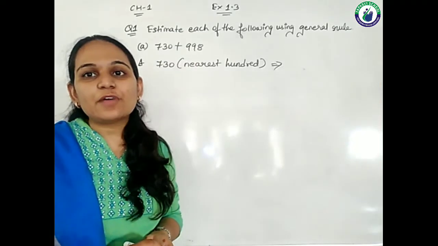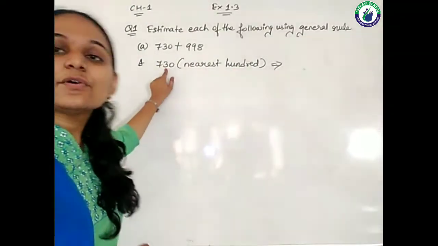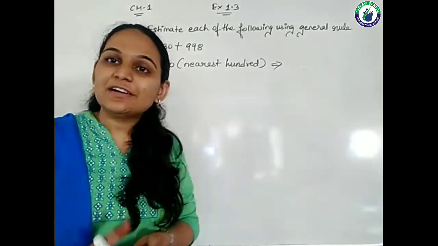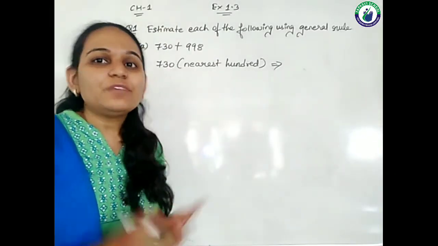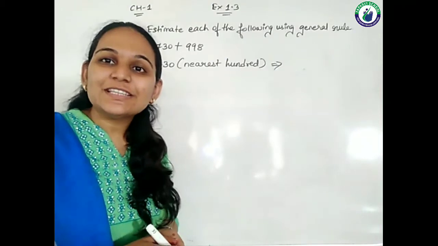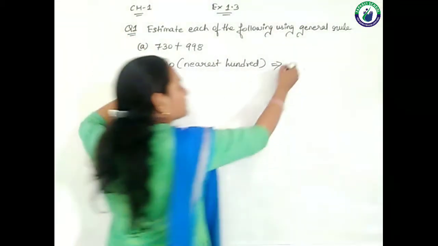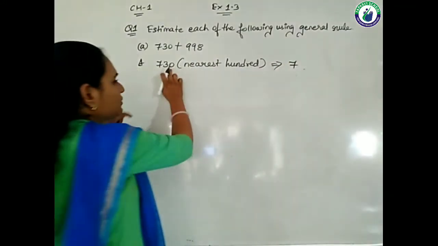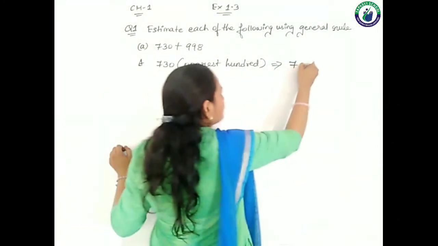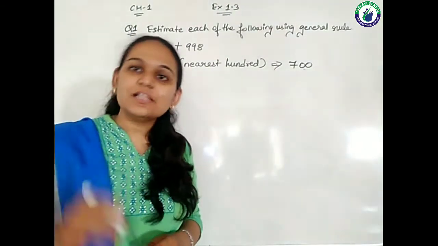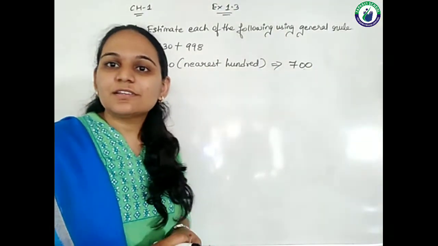And which digit is going to help us? That means it is 3. Now 3 is less than 5, equal to 5 or more than 5? It is always less than 5. So what we are going to do? We are not going to make any changes in the hundreds place digit. So it will remain as it is. And the remaining 2 digits will become 0, 0. If you remember, in the previous lecture I did the underline and the circle. So here also you can do the same things.